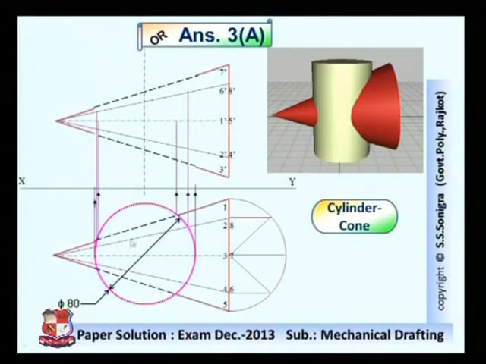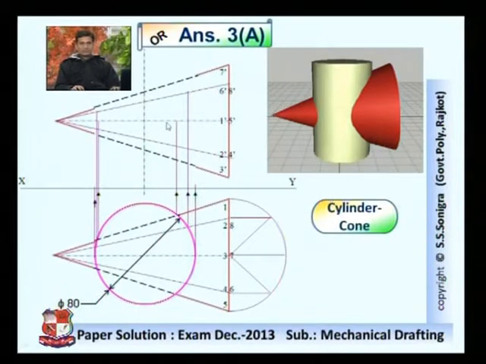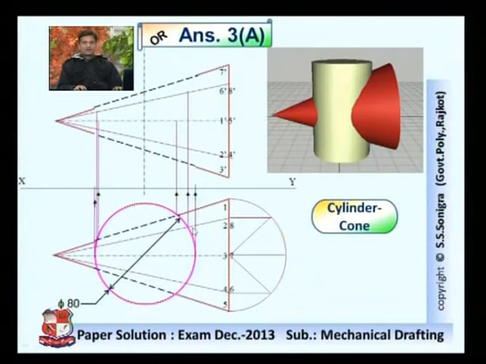Suppose O dash 1 dash, O1 is here, here is the point of intersection between O1 and this circle. So from this point draw a straight vertical line, and that line will cut this generator O1 dash at this point. So that is our first point. Point number 2 is here, O2 is here. So from that point draw straight vertical line that will cut O2 dash at this point. Here is second point. Then O3, O3 dash is here. So this here is point number 3.